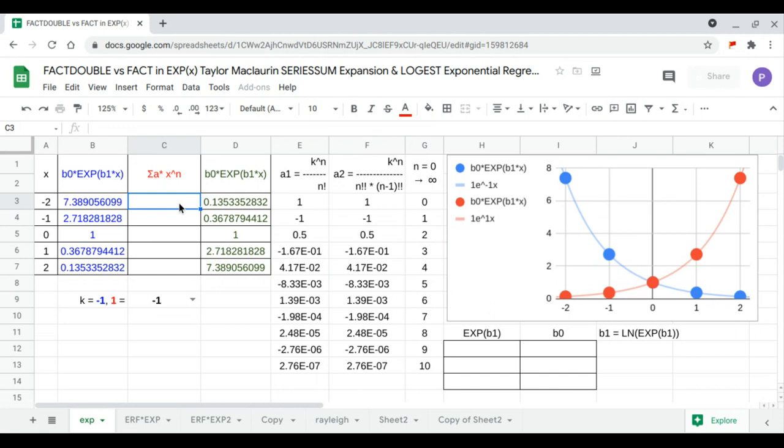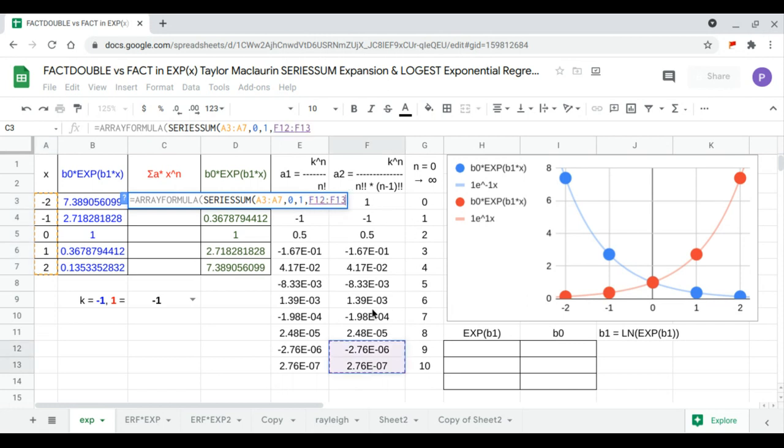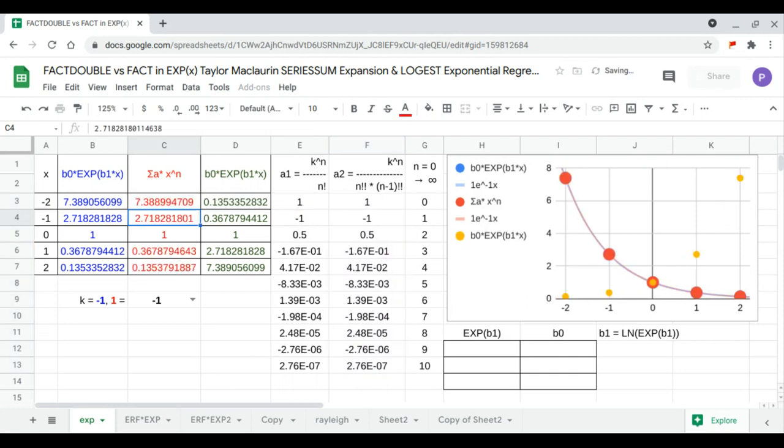We can now calculate the Taylor-Maclaurin series sum. This is our formula, series sum of the x values raised to the power n, where n starts from 0, incremented by 1. And the coefficient, you can choose any of the two. So we'll choose the double factorial. So the red and the blue are the same, but there's no